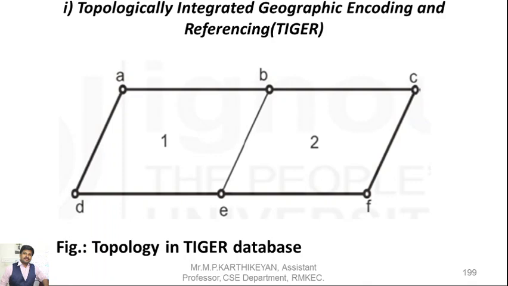Whereas if you want to represent a point, for example the value A, I will either represent A through its x comma y coordinates, or else towards the left hand side I have AD, one arc, one line, and towards the right of the point AB is there. So on the left hand side AD is there and on the right hand side AB is there. I can represent it in that manner also. Can you understand? So this is how we are representing points, lines and polygons.